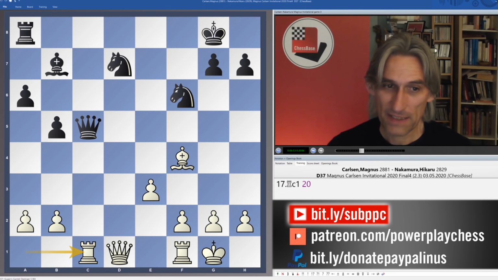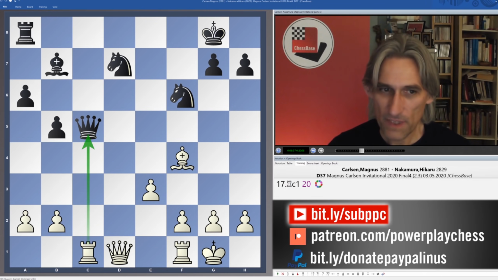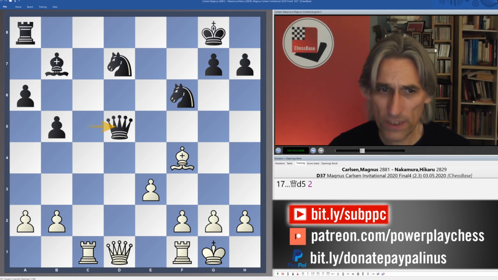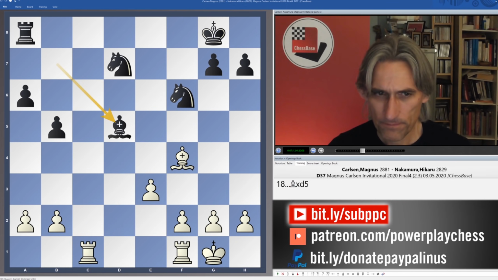And more than that, white is able to get the major pieces in very quickly, and that rook wants to land down on c7, which will be very nasty. Queen d5. Queen and bishop threaten mate in 1. Now, if the queens are exchanged,